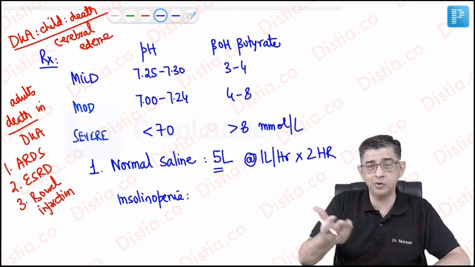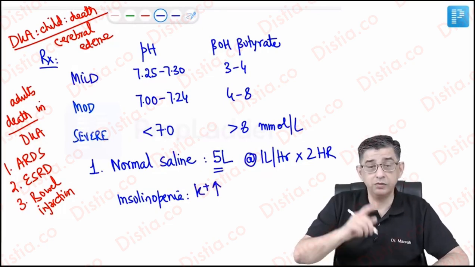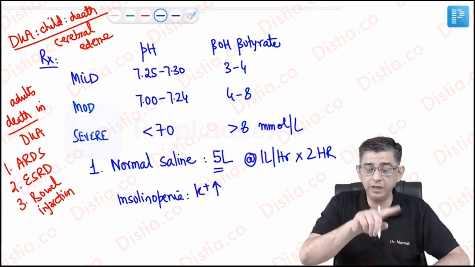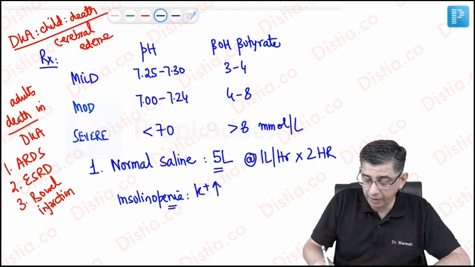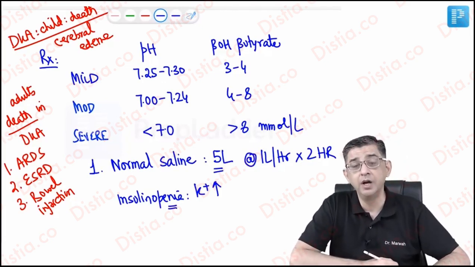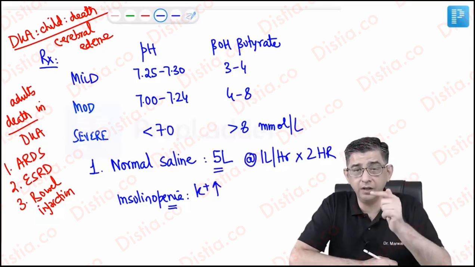Insulin and potassium values also go opposite. If insulin is less, potassium will be elevated in the blood. So one more reason: I told you earlier that pH and potassium have an inverse relation. Now I'm saying insulinopenia itself will contribute to hyperkalemia. So there are two reasons that I've taught you today why potassium can be elevated in the blood of a